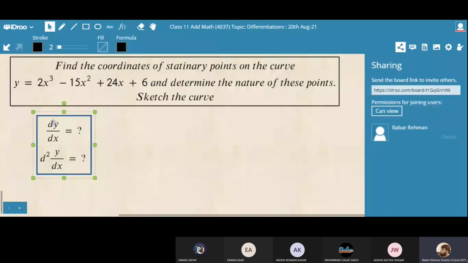How can we find the value of x? First derivative should be equal to 0. We will put the first derivative equal to 0, and we will find the values of x. And when we find the values of x, we will input these values in the double derivative to find whether the point is a maximum or minimum. Hope you can do this question. Try this. I'm giving you a few minutes.